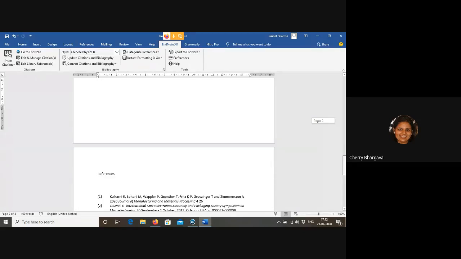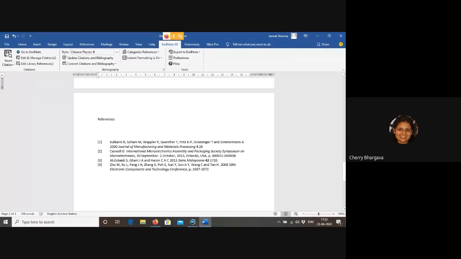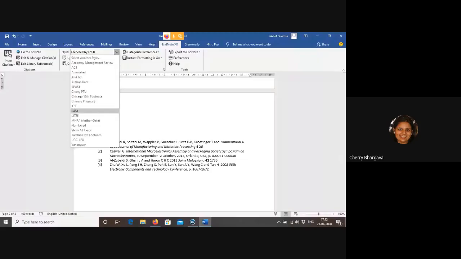Now look at that: author name, after that year, journal name, its volume, issue or page number. There is no title in this reference style. But if I convert it into any other one, the title names are going to appear accordingly.